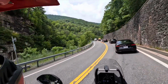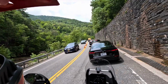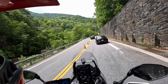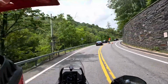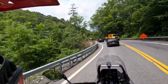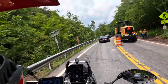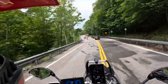With the exception of a road crew. But I guess if the road crews aren't doing their job, the road won't be good. So it's a necessary evil, I guess. I usually try to get through this gorge, I don't know, once a year, once every other year, something on that idea. Just the twisty windy of it, and like I said, it's beautiful the way the rocks are cut out. You used to be able to park on the side of it and wander down in. Now you've got to park at the top or the bottom, and it's got to be 3 or 4 miles long and try to get where you've got to be, and that's about impossible without doing some massive